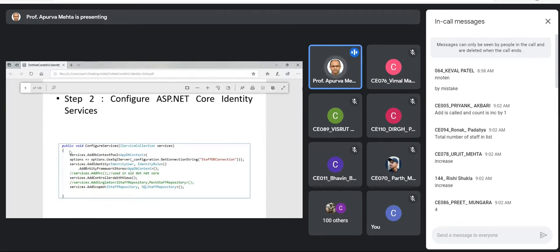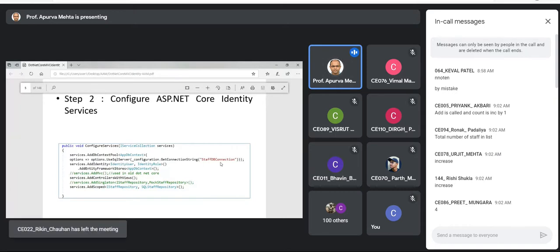You can see here that I'm adding the service. I've already added the AppDbContext, and for AppDbContext I specified the option to get the connection from the connection string named StaffDBConnection. My connection string is available in one of my JSON files.